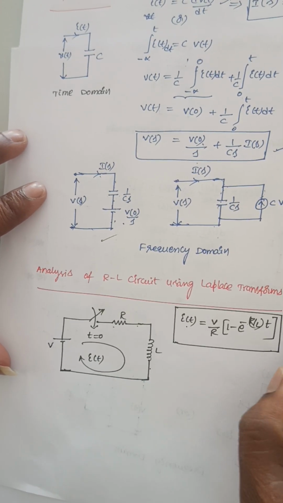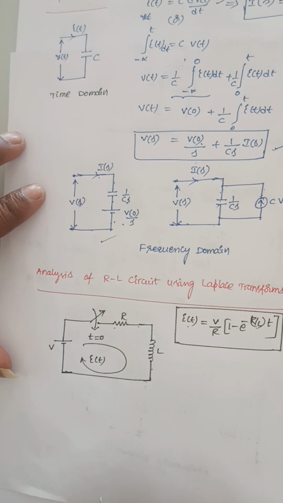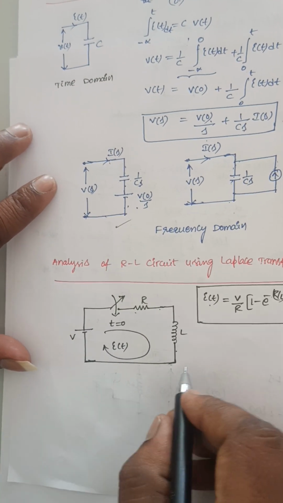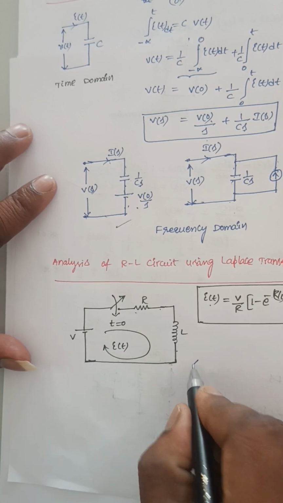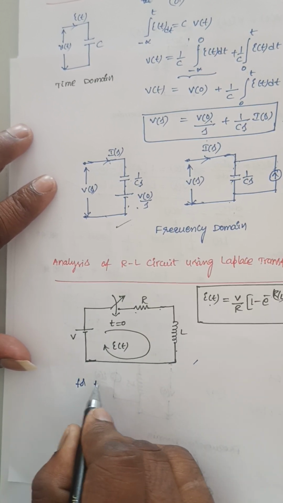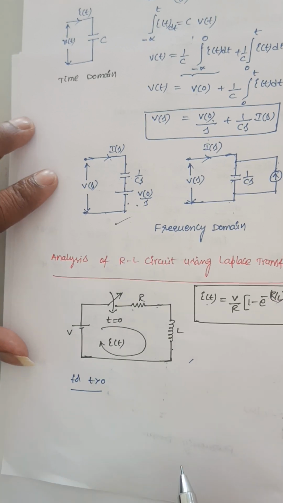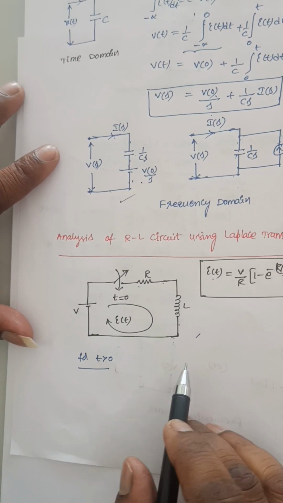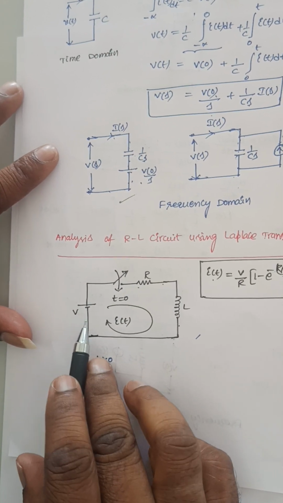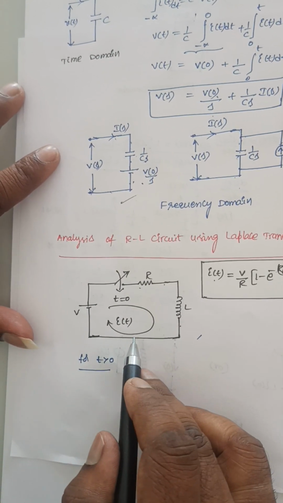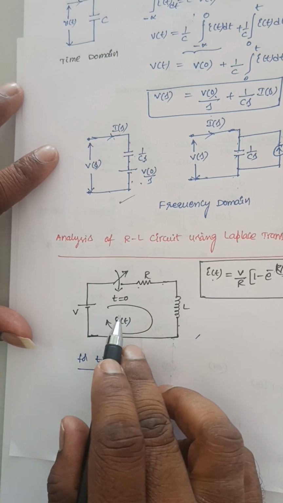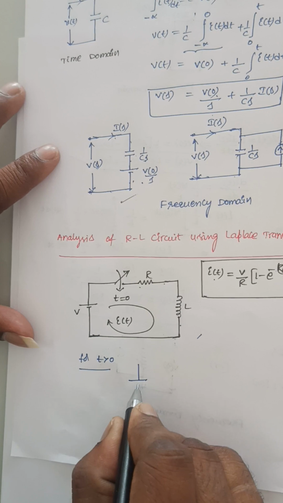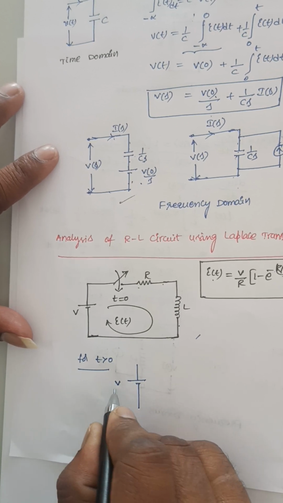It is for t greater than 0. Okay. Now see, for t greater than 0, let us represent this circuit in the frequency domain after applying the Laplace transform. If I represent this network in the frequency domain, it will be V by S,